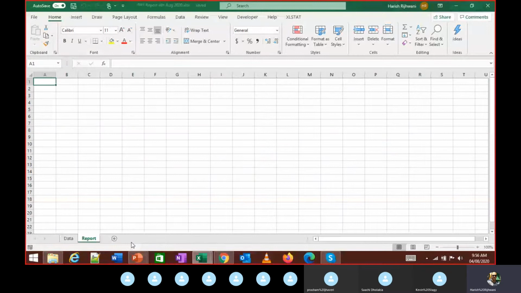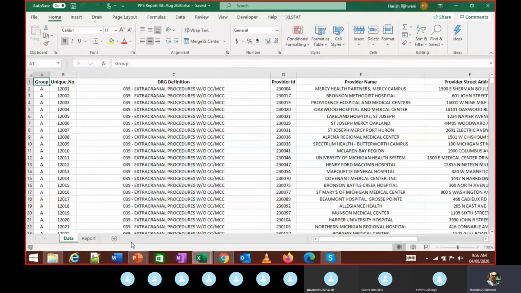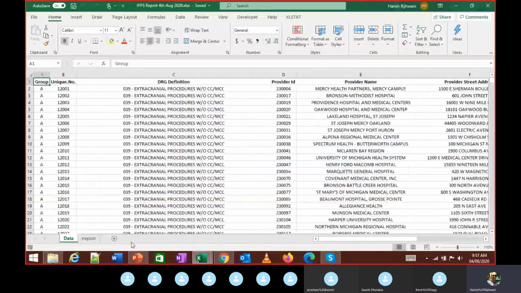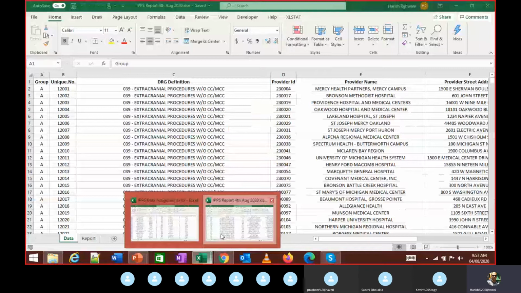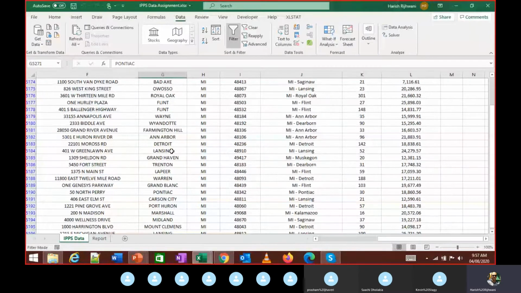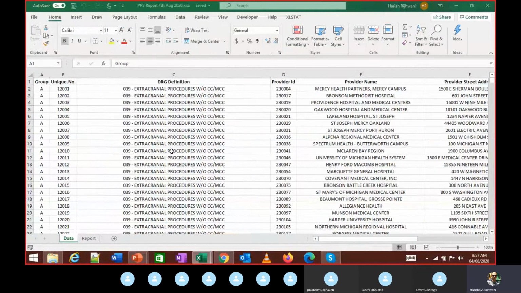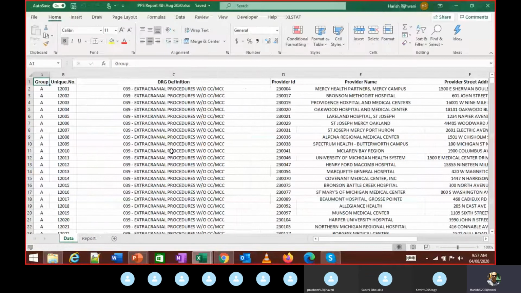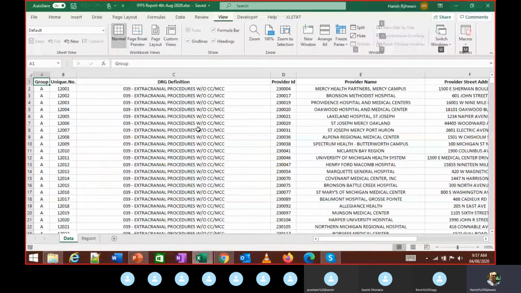We saw earlier that you can navigate between tabs using Control Page Up and Page Down. But now I have two workbooks open over here. I have two Excel files open, and I want to navigate between them. For that, I need to use Control and Tab. When I use Control and Tab, I'll be able to navigate between those two. Or if I press Alt and W, and then another W, it shows me the list of Excel windows open.